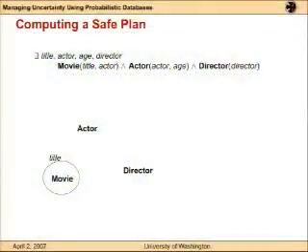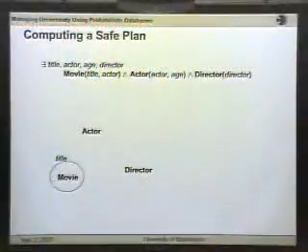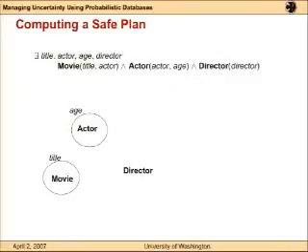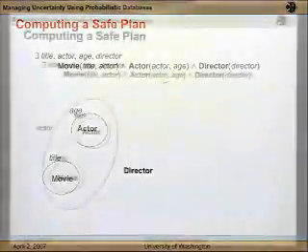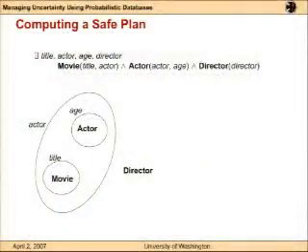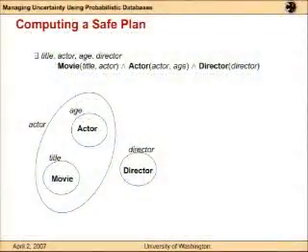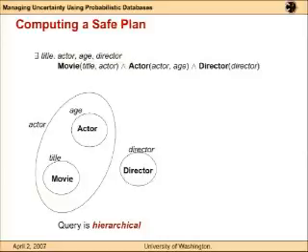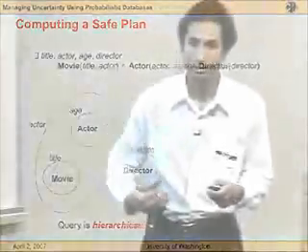having that variable. So if you look at title, it just appears in movie. So it's an edge containing just movie. The age, it just appears in actor. If you look at actor, it appears in actor as well as movie. So the edge contains both the relations. And the director just appears in this relation. So you build this graph. This graph has a very nice property. So given any two sets, they're either disjoint or one is completely contained in another. We call such a graph a hierarchical graph, and we say that the resulting query is hierarchical.